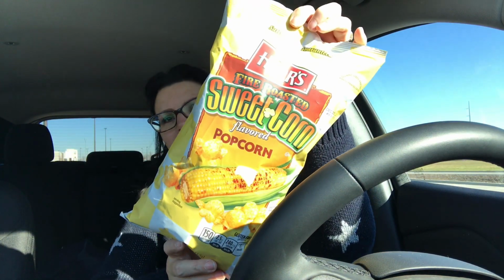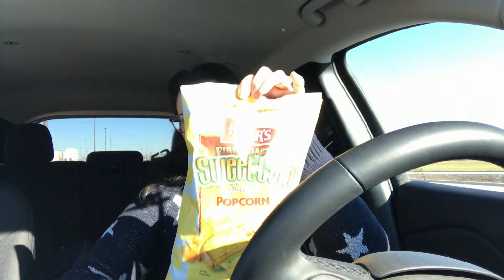But at Five Below, I got, I keep leaving my Christmas music on. I got some of this sweet corn popcorn. I love this stuff. It is so good. And I got